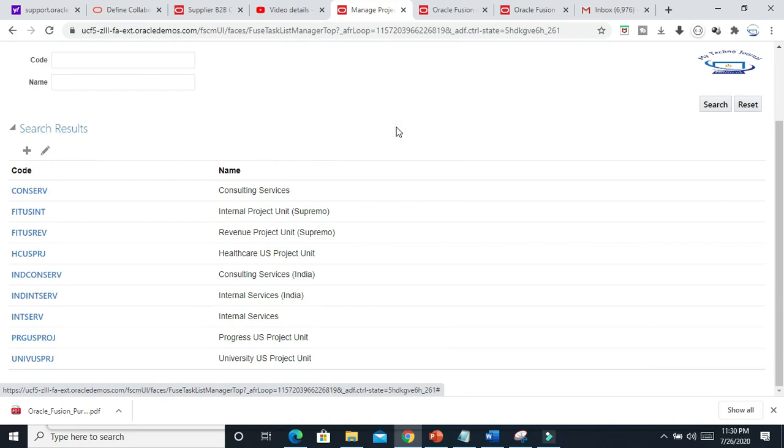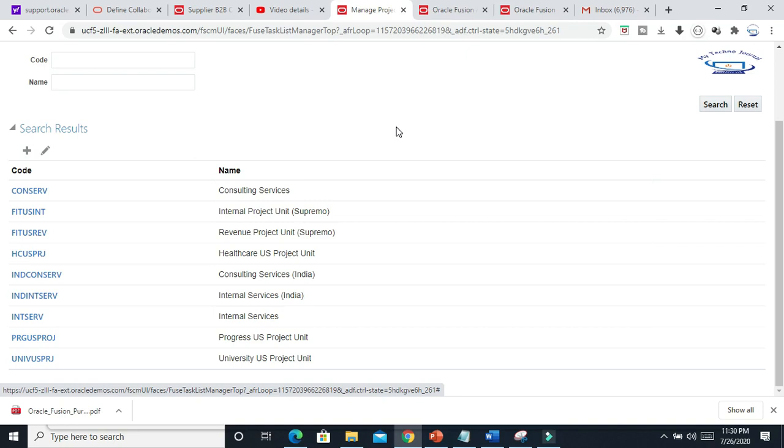In a specific business, suppose your business is doing many different kinds of business, consulting service, construction service, training service, research and development service. There can be different aspects of that business, and to handle these different kinds of services, you can create different project units.